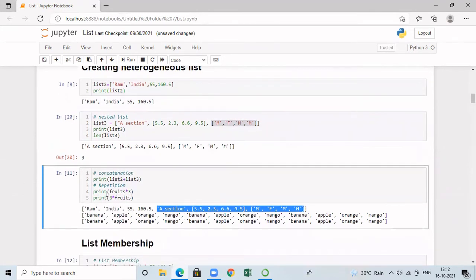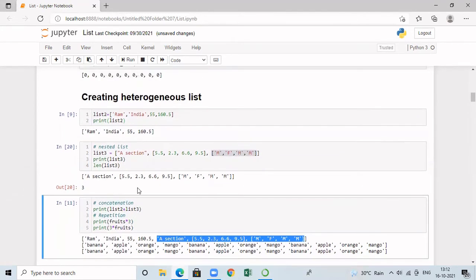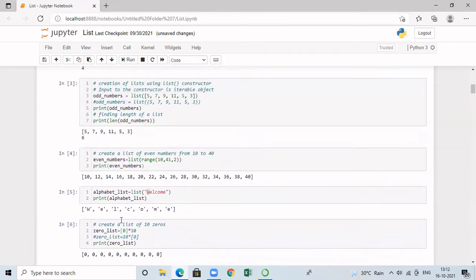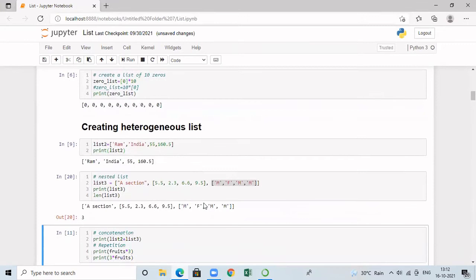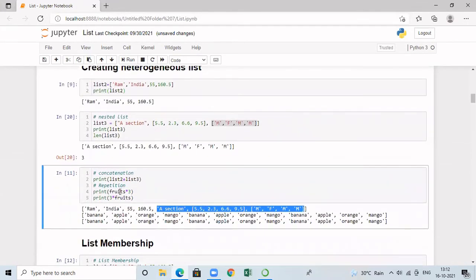And we have already seen how to do repetition. Repetition is nothing but if you have a list, you can repeat the list many times and all the elements will be stored in the same list. So here we have fruits already, which contains totally 4 fruits. Now I am going to multiply fruits by 3.